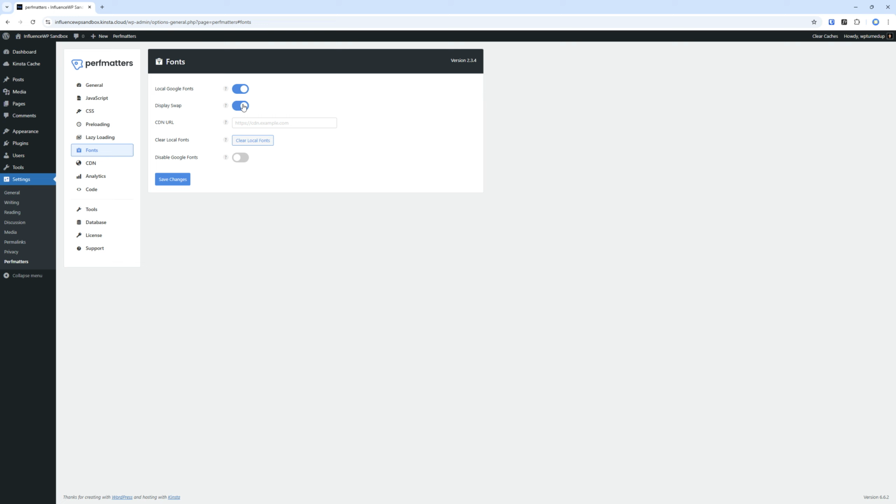You can choose to do a display swap, load via a CDN. If you don't use Google Fonts at all, so for example, if you use system fonts like I like to use, you can just disable Google Fonts across the board and just prevent that from loading, period. Moving over to a CDN, I use Cloudflare for all of my sites and all of my client sites, so